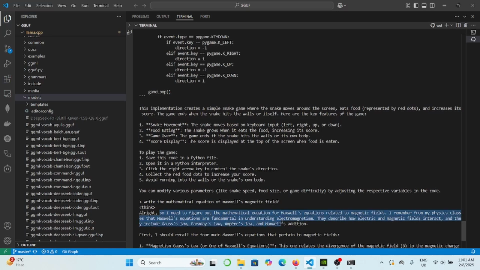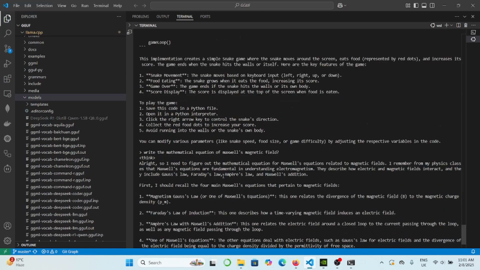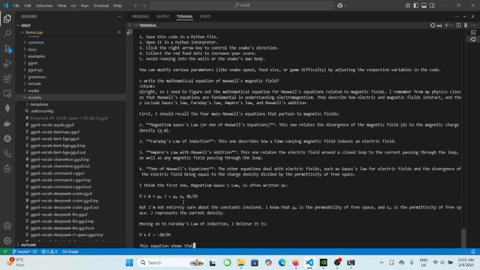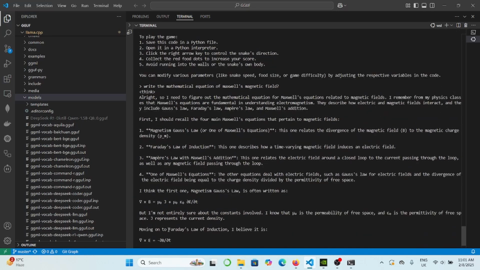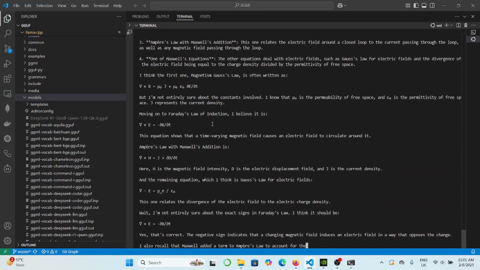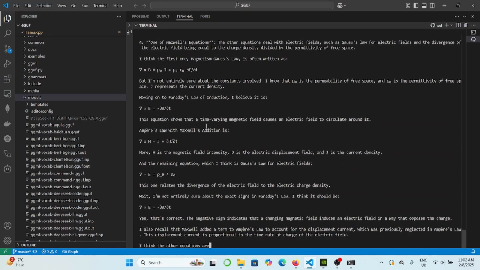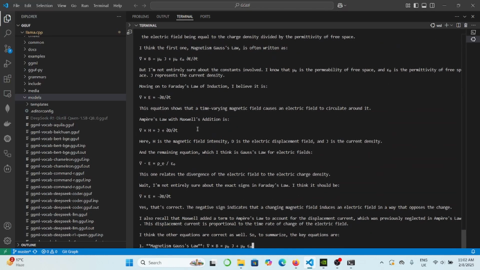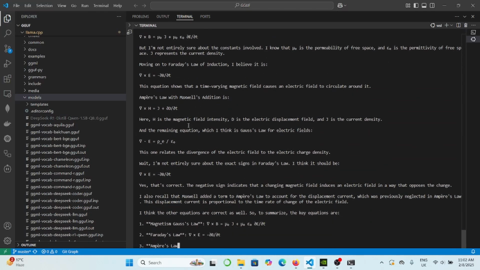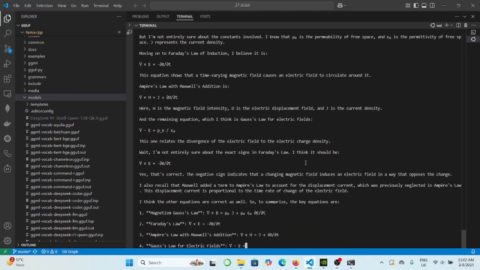So I need to figure out the mathematical equation. The reasoning capability is good. It is also going to write the mathematical equation and other things. This is magnetism, Gauss's law, and other things. So you can ask for anything you want. So what is the main thing? The main part is you can have